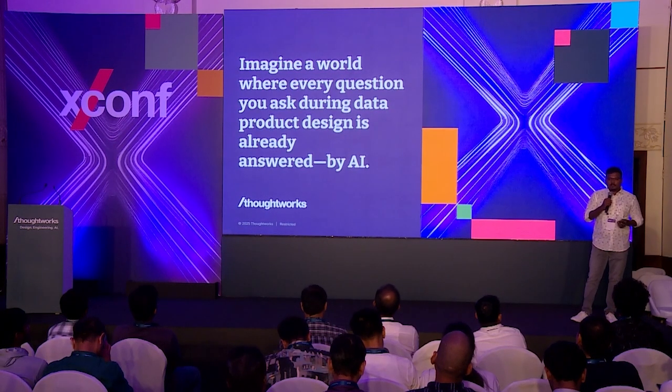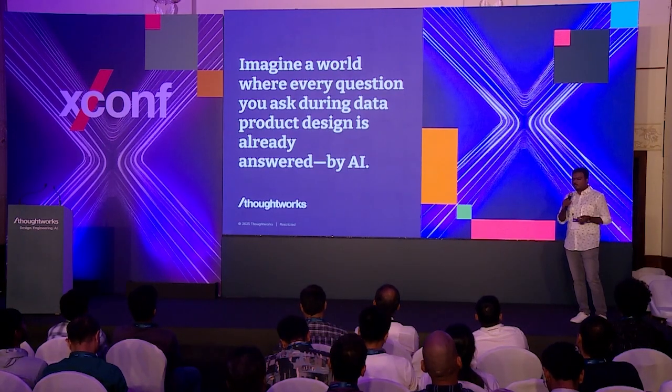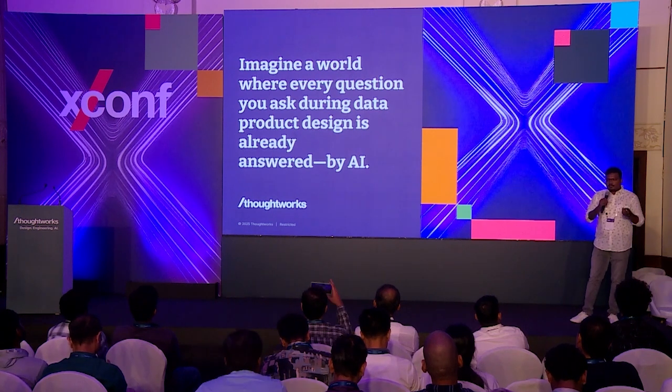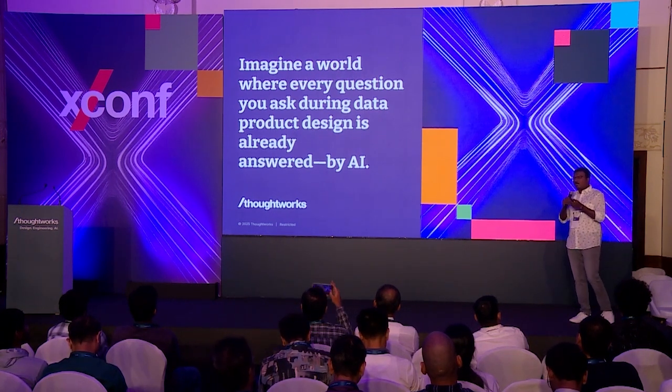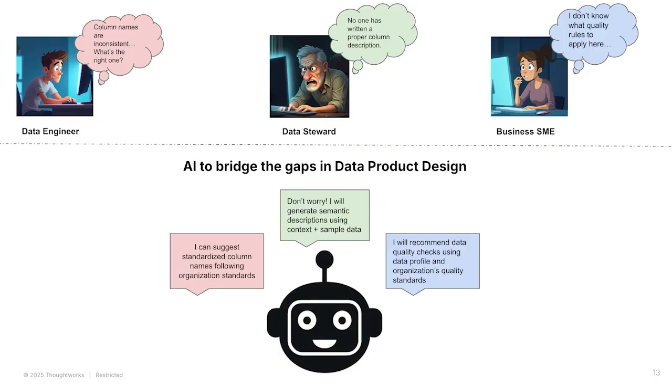So we thought for a moment, AI has started to revolutionize different processes. It's trying to accelerate a lot of things. So can we do the same? For every question that we ask during the data product design process, can we let AI try to answer that? Some of the challenges that we generally have here are naming the column. The column name should not be too long. It shouldn't be too short either, because someone can't understand it. It needs to be consistent with all the names you have used in the past. So can AI help us by giving some examples and the current industry standards? This is the name that you can use for this particular column.